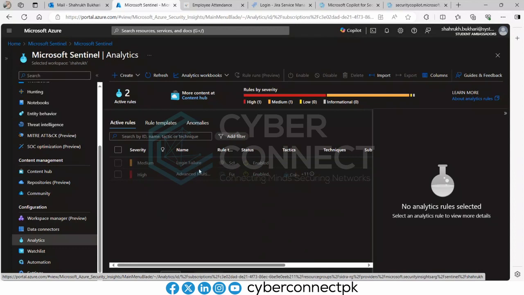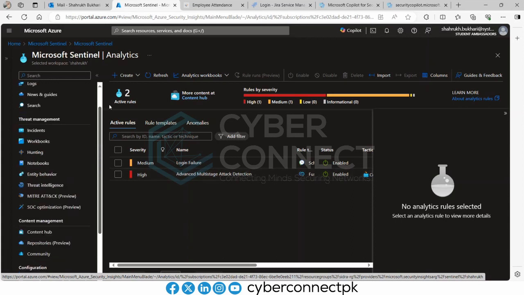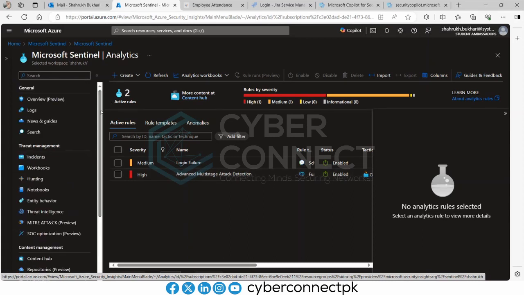So you can see I already made two active rules there, like observe the login failure and advanced multi-stage attack detection. I will tell you how to make or configure a rule, but first let's come to the incident